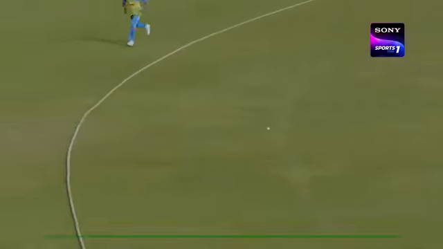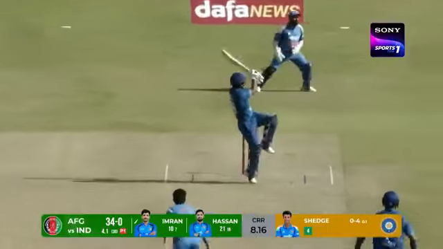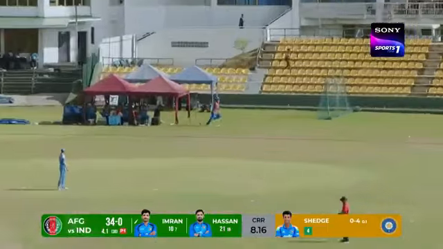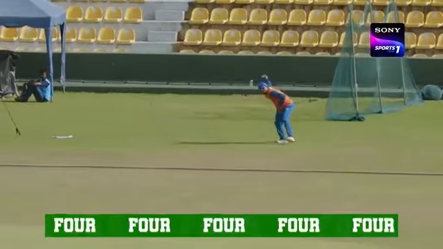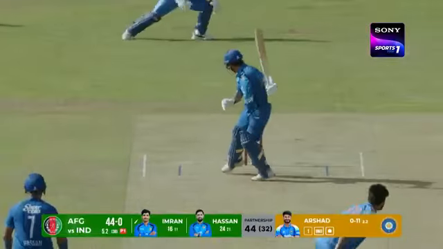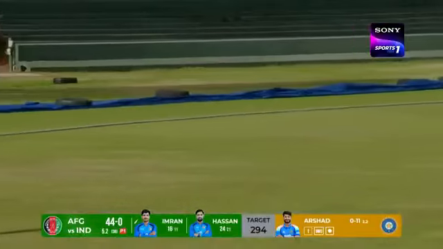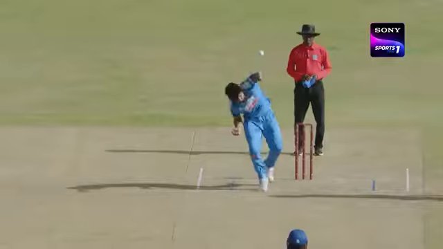That's hammered away on the offside, and that will find the boundary. Oh, this time is beautifully done. That reminds me of a Gordon Greenidge. That was a super shot. Oh, beauty. That's a beauty. They will run a bye of it, but credit to the bowler.